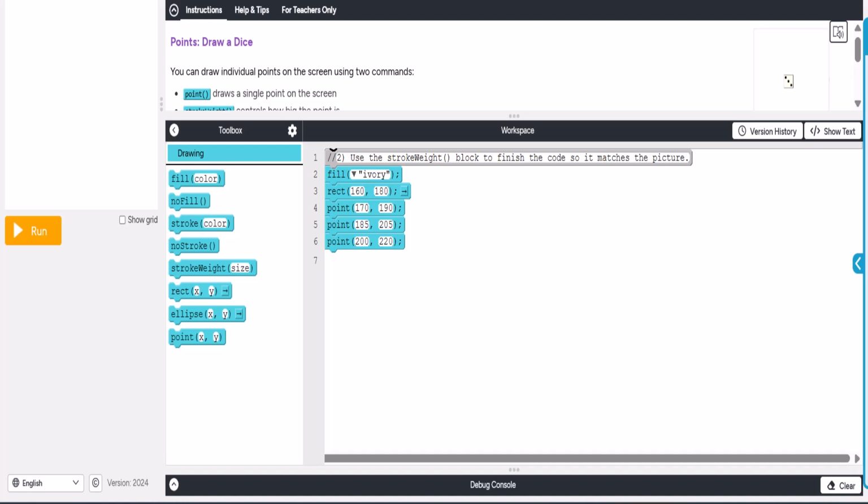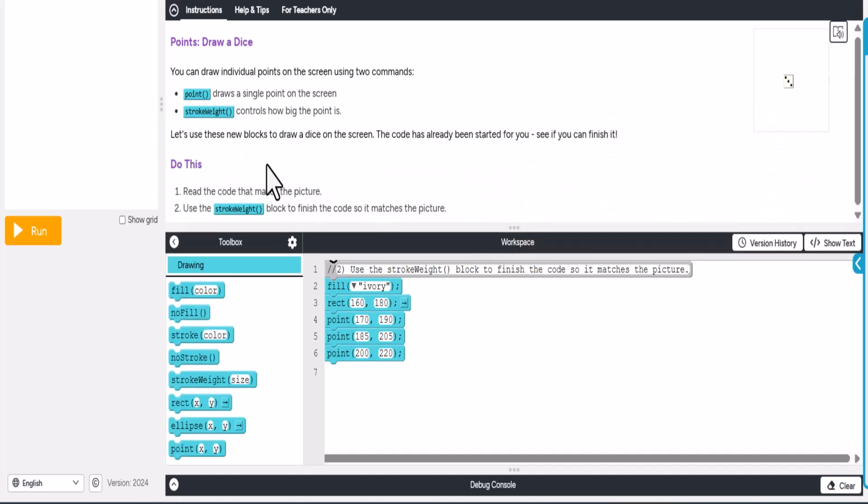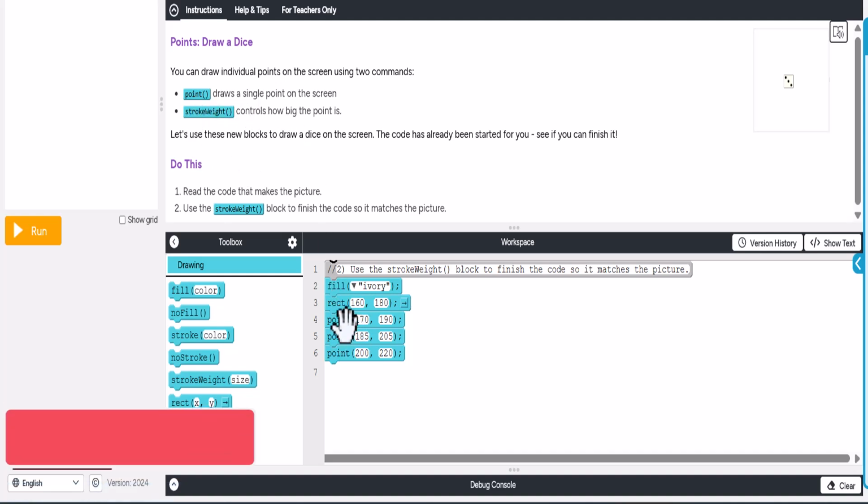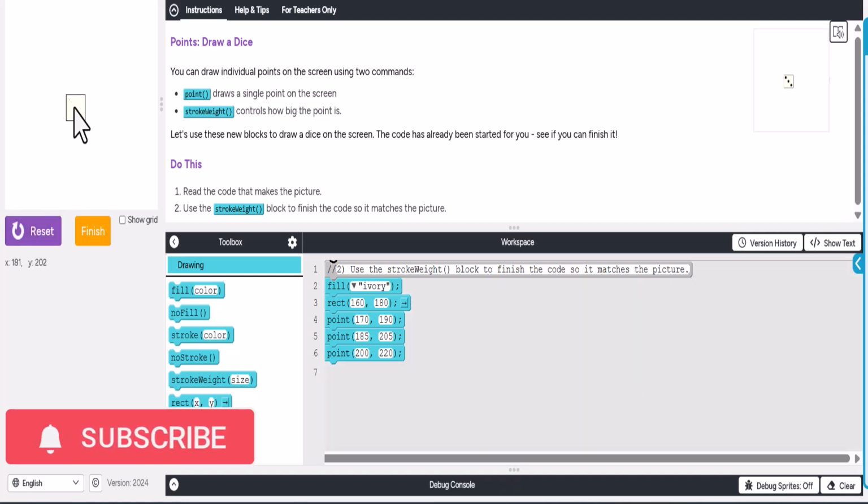All right, welcome back. So we're doing another code.org challenge activity, and this one happens to be the draw a dice. So we can see we have a dice over here, and if we look at the directions real quick, we do have a point, so we draw a single point on the screen. Well, we have the points here, and if we run this, looks like we have them, but they're not very